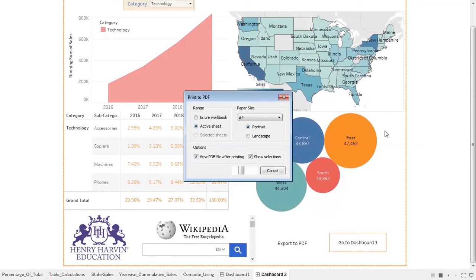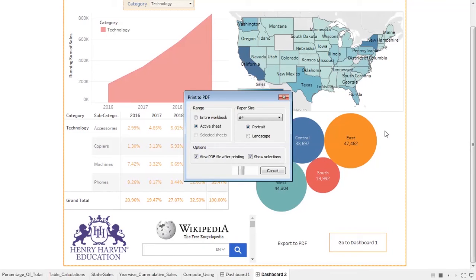It will do that. So it has converted my dashboard 2 into PDF, and you'll notice over here the value I had selected in my filter is visible, and all the graphs updated based on the filter are visible. So basically, when I press the export to PDF button, it is taking a snapshot of my graph conditions at that moment and giving that to me.